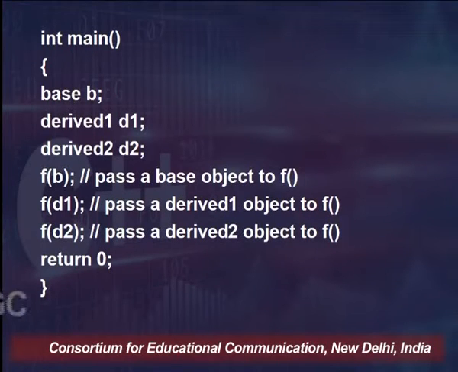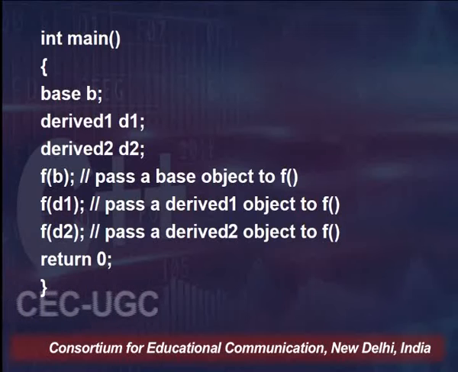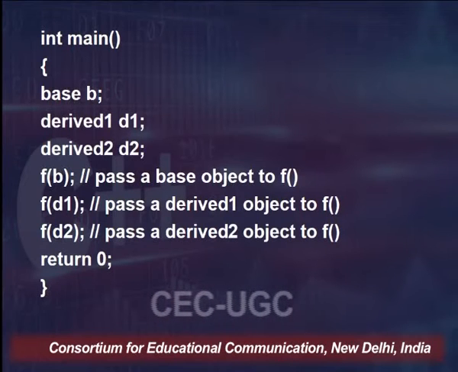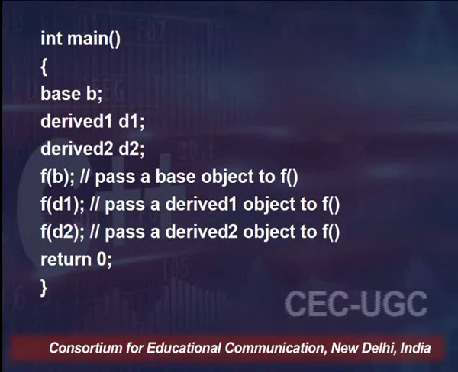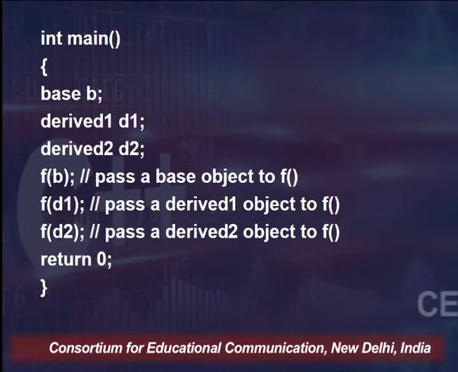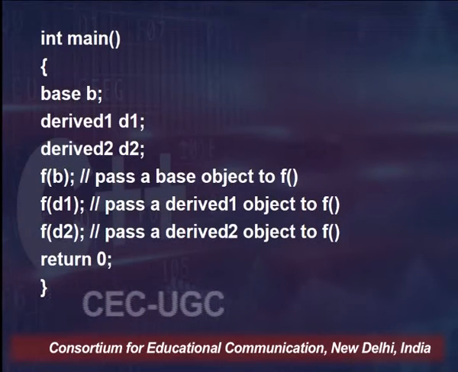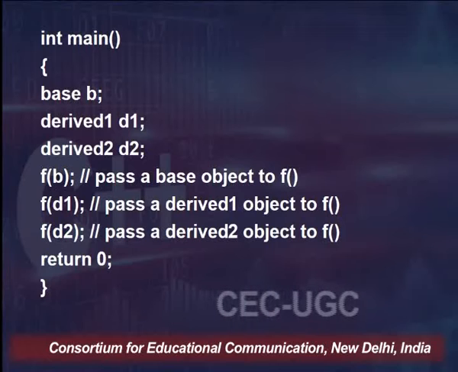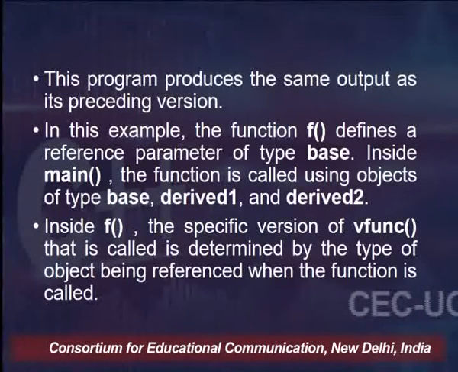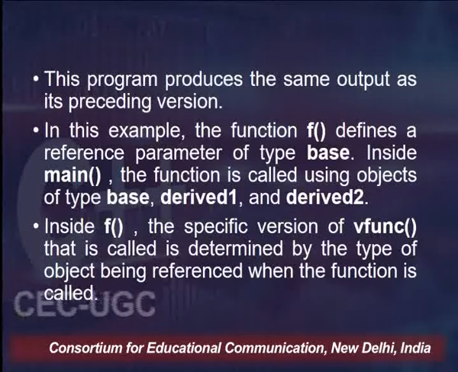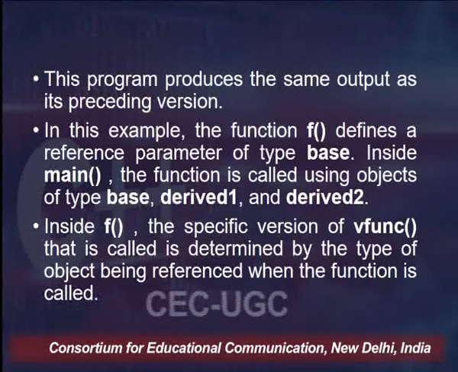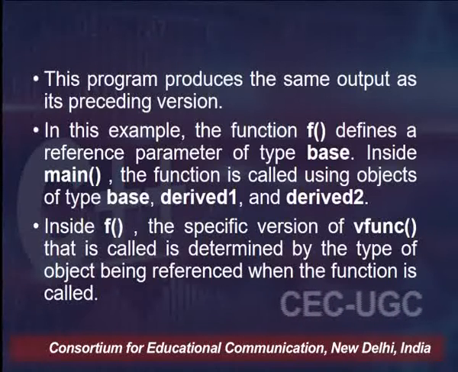The earlier program was implemented by using a pointer. That pointer was of the class base. Here, instead of pointers, we have used a reference parameter, and that reference is also of the base class. So the program produces the same output as the preceding version, because in this example f defines a reference parameter of the type base,